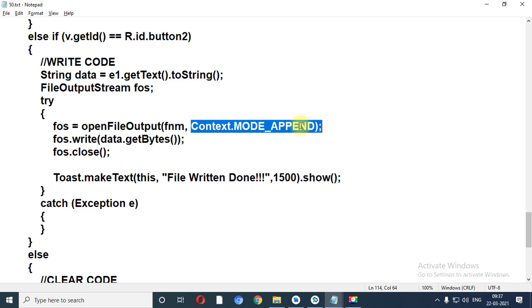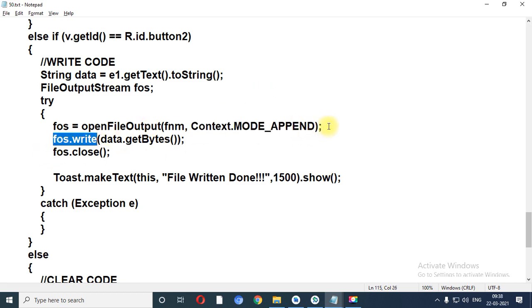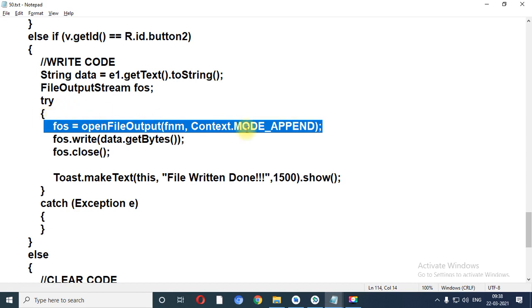So previous data remains as it is in the file and new data will be inserted at the end of the file. Now FOS.write. Using this line, our file is opened in the append mode.